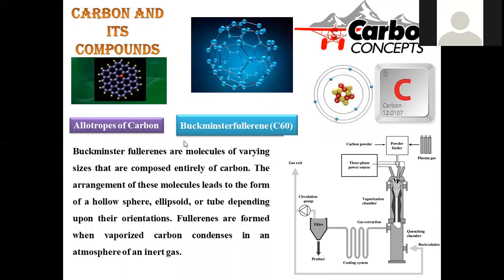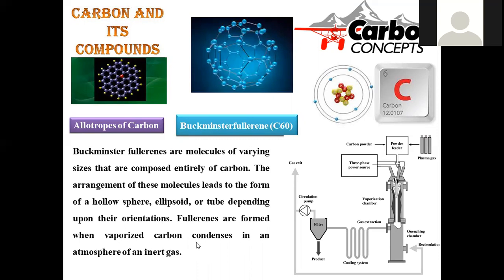Let us start with the allotropic form which is the nano-sized particle of carbon. It is denoted as Buckminster fullerene, indicated as carbon 60, where 60 carbon atoms are arranged in a ball-like model, with all the carbons participating in hexagonal as well as pentagonal arrangements. Fullerene molecules have various sizes depending on the number of carbon atoms; the diameter of the fullerene varies based on the number of carbons. It is a hollow sphere. You can clearly observe it is a ball type of structure, and the interior region is entirely empty, completely evacuated, and it is an ellipsoid structure or a tube depending on orientation.